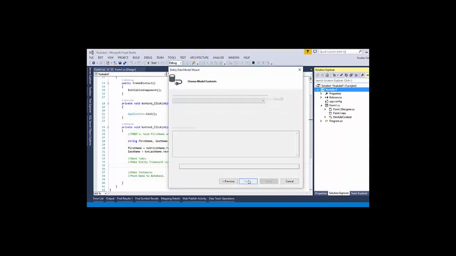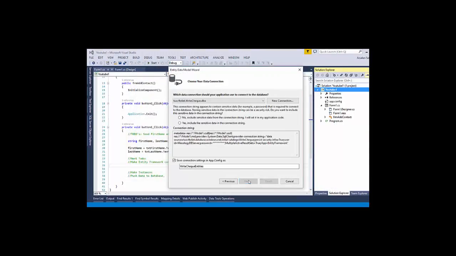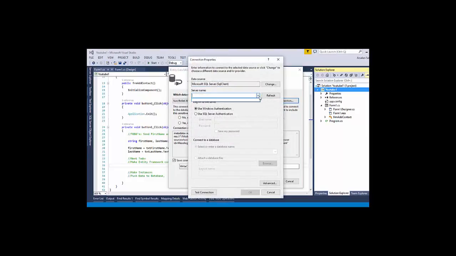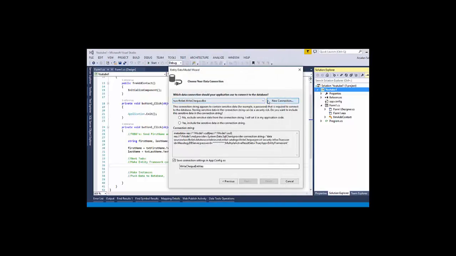By the way, okay, add EF Designer from database, hit next. Here we are going to, please do not see my database connections. I don't know why it's showing here. Anyways, okay, to add a new connection,